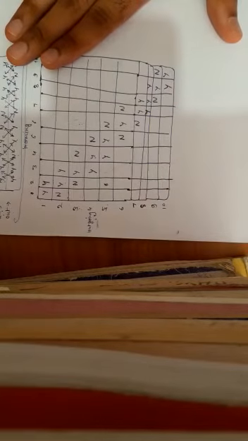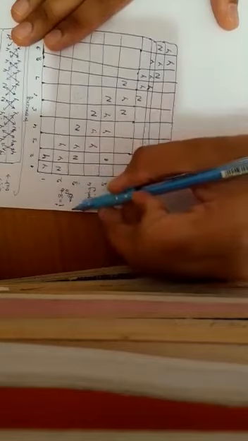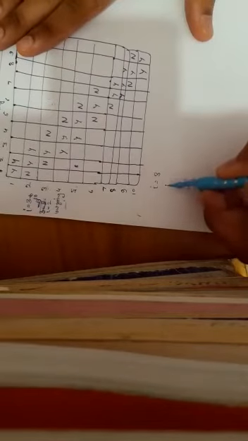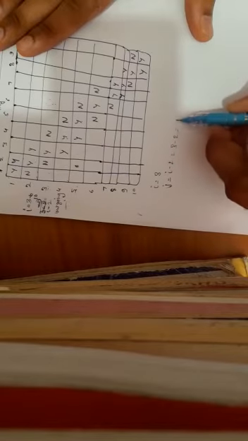What I will do, I will start from third position, and there my i loop will start from 3 to 10, and j loop will start from i minus 2. Here i is 3, that's why 3 minus 2, that is 1. So suppose the very first position i will be 3 and j will start at i minus 2, that is 3 minus 2, and that will be 1.